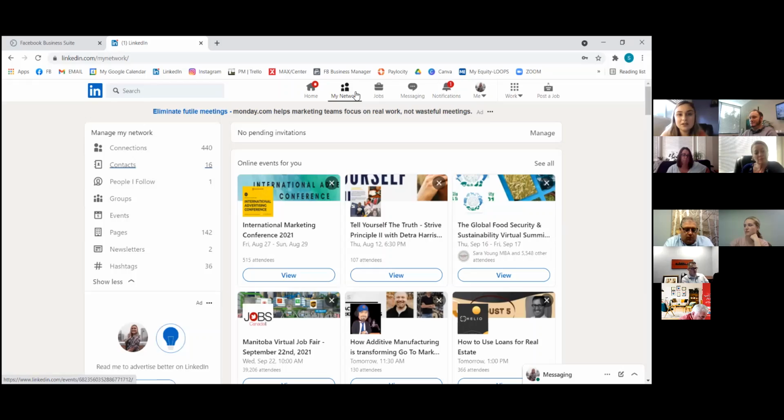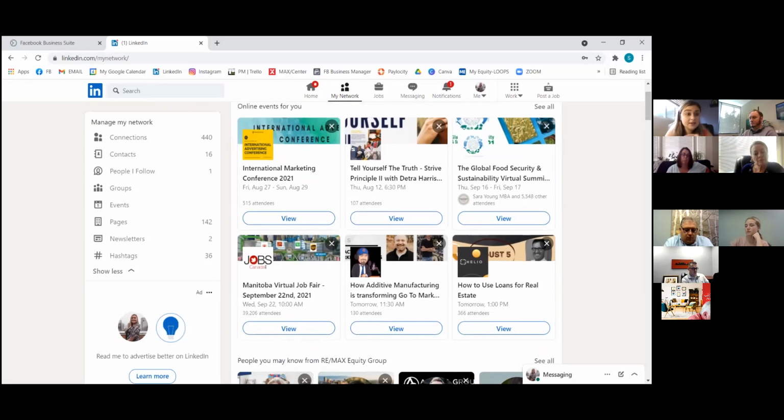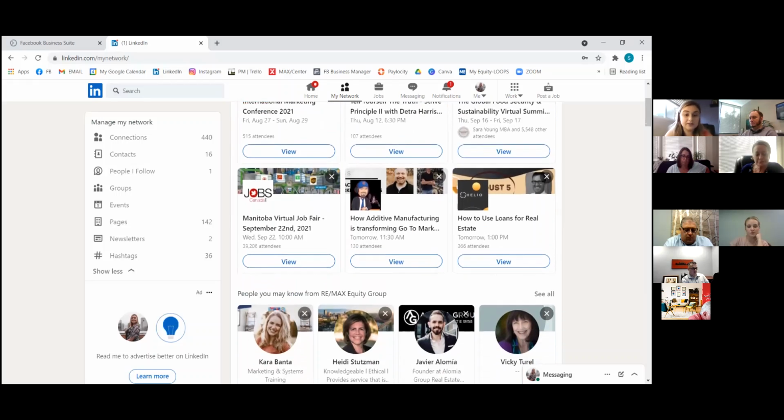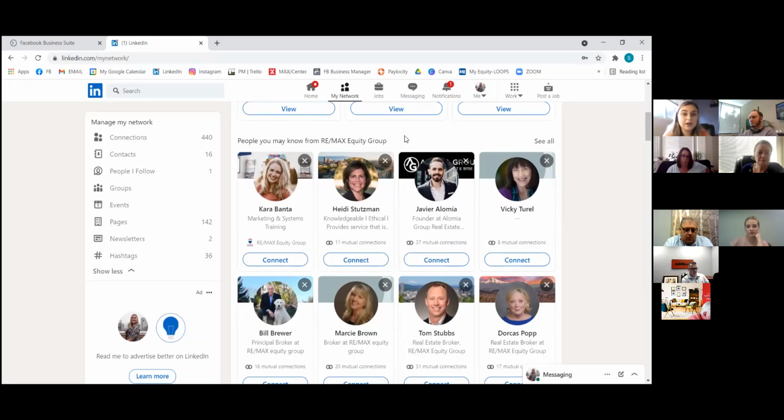But just when you clicked on this My Network button, you can actually scroll down. So first thing, you want to go through your invites. Go through any invites that people have sent you. This is super important that you at least respond to them. Even if you decline, that's okay. But definitely go through those, because that shows up first. You can also look at online events on LinkedIn. This is same for Facebook, but you can see, you can connect with people that you may know from Remax Equity Group. You know, your LinkedIn, this is the place where you really want to connect with everyone and anyone, essentially, for your LinkedIn. Anybody that could build upon your profession, because this is your professional network.